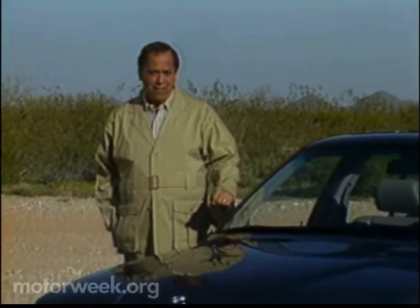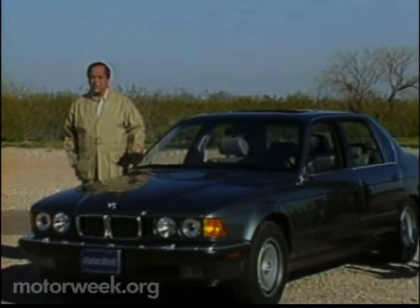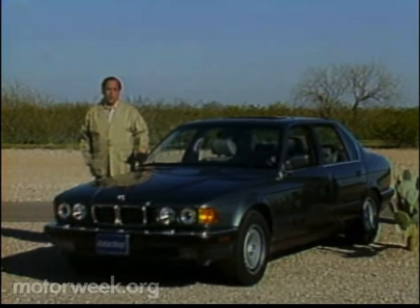One of the hottest rivalries in the European motor industry is the one between BMW and Mercedes. These two manufacturers have been battling hard for control of the luxury car market in the U.S. and Europe for many years. BMW recently gained the upper hand by introducing its advanced 7 Series. And now BMW has upped the stakes even further by introducing its new 12-cylinder engine a full year before Mercedes can field one. BMW expects the combination of the 12 and the already proven 7 Series chassis to leave Mercedes